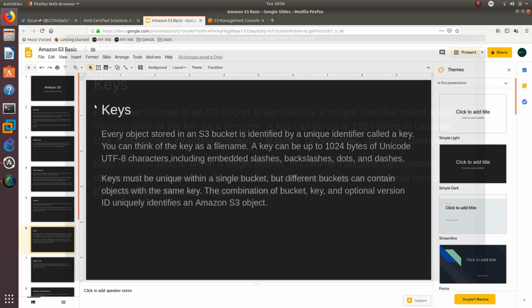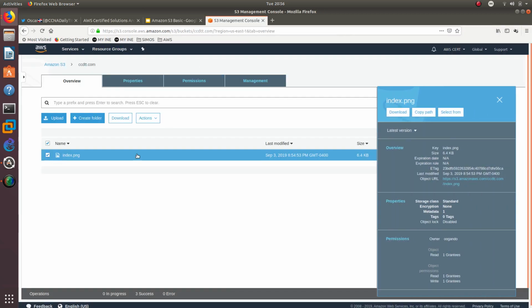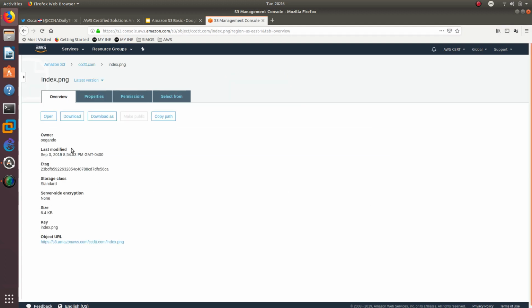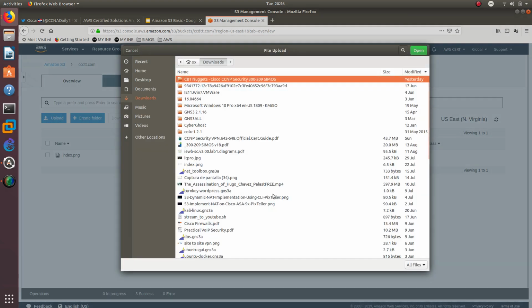So let's go ahead and take a look at keys. Let's go to S3. Let's go ahead and select this and just click on it. There we go. So when you click on it, you can see that the key right here is index.png. So that's the key. And if we go back to the bucket and try to upload another, let's say